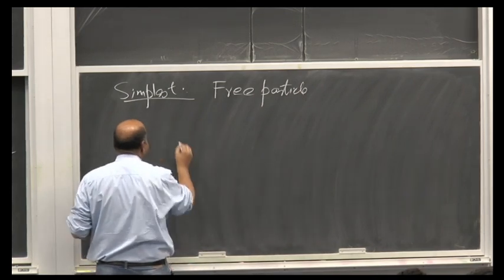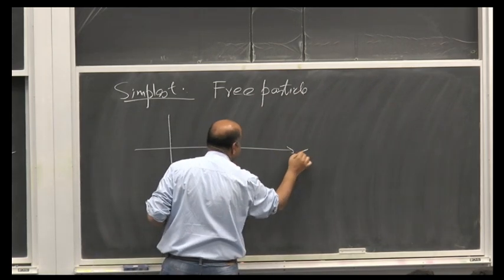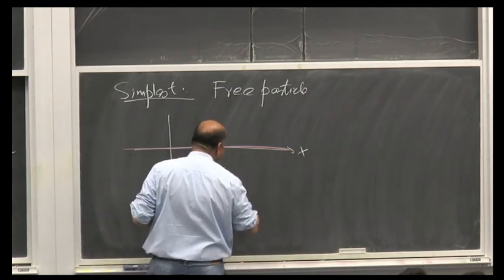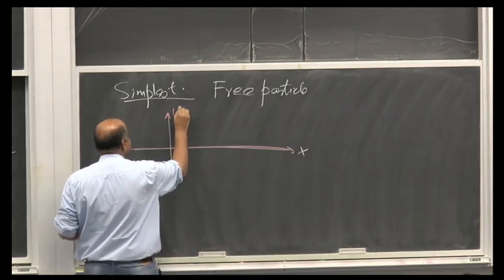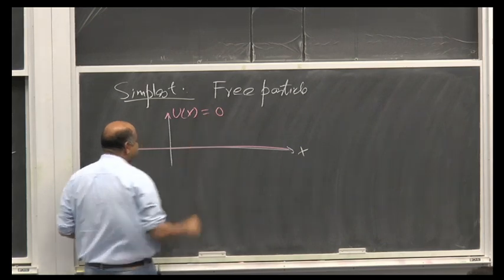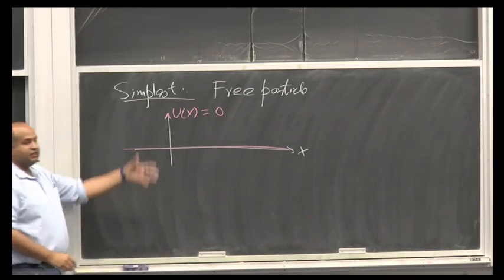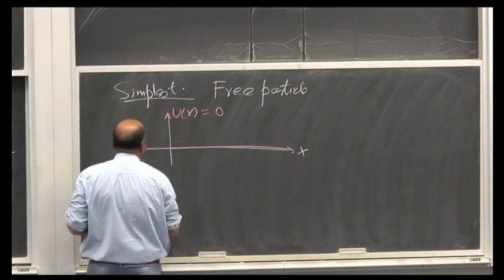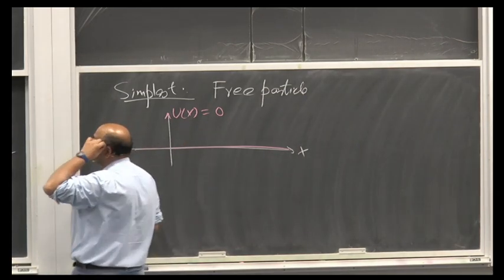So you can imagine a free particle as a particle in a potential which is 0. So let's say this is our U of x and the potential is 0. So this is the simplest problem. And let's say the particle has some energy E. So let's solve this